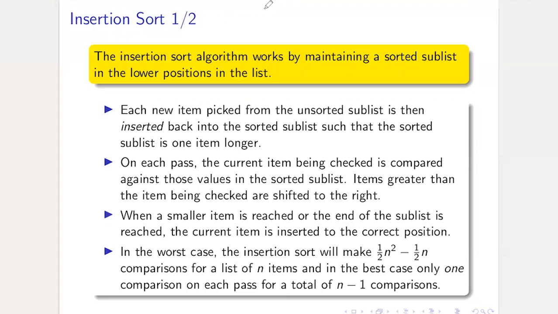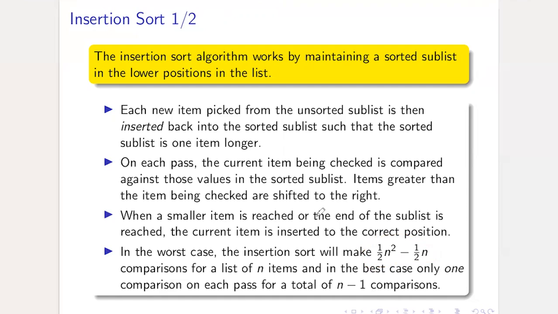First you will have n-1 comparisons, second you will have n-2 comparisons, third you will have n-3, like that. Those comparisons will add up, and this would be the worst case total for the comparisons for a list of n items. Best case is